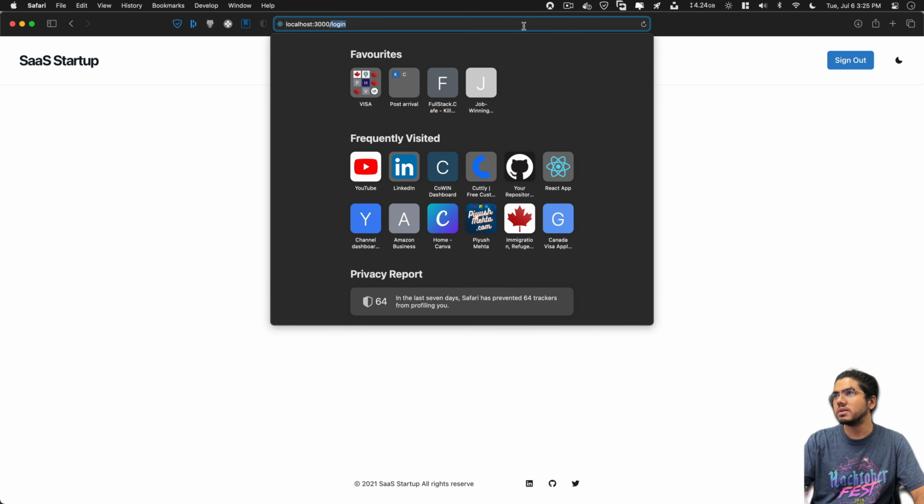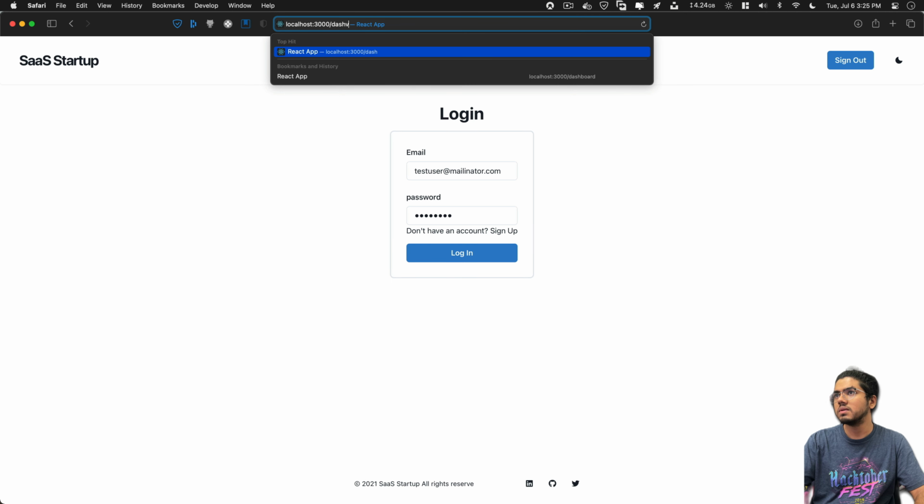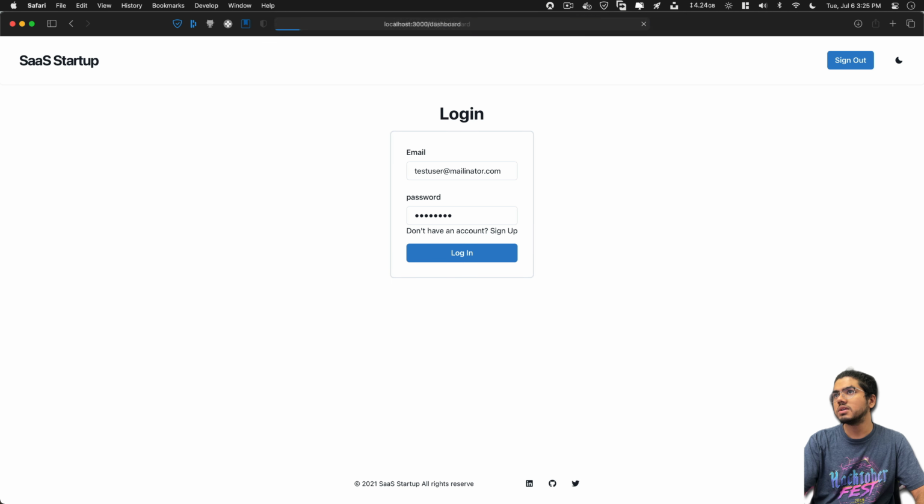Okay, so we are logged in. Let's click on dashboard. You are logged in. That's why I am visible. It's showing. Now let's log out, and you can see we are not able to open dashboard. Even if I click dashboard, it's redirecting me to login.